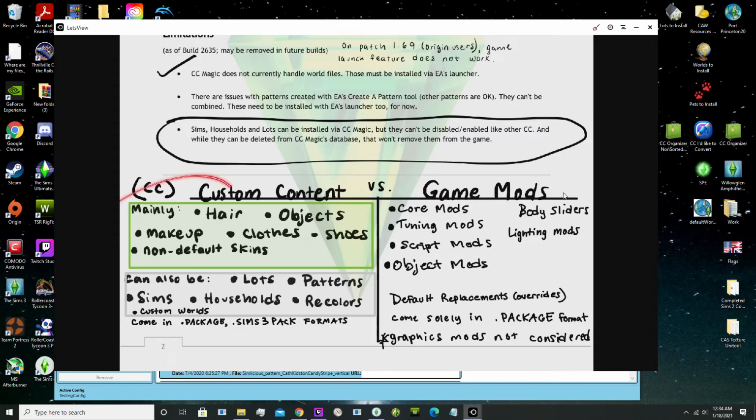This is the kind of stuff that you want to use CC Magic for, that bulk stuff that just takes up space. These files can come in the Sims package and Sims 3 pack format, either or. So objects, hair, makeup, clothes, shoes, and skins, all that can come in package as well. Sims 3 packs are typically hair, objects, clothes, shoes, makeup, lots, patterns, recolors, households, custom worlds,